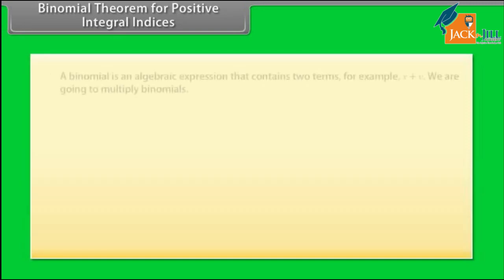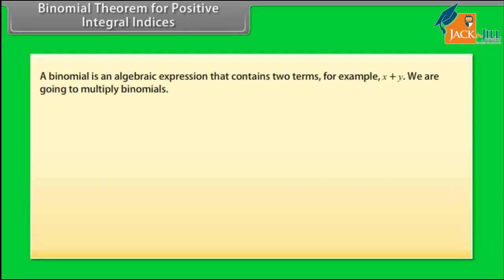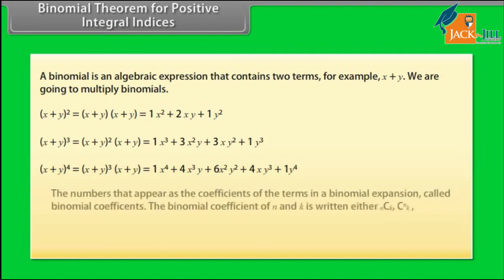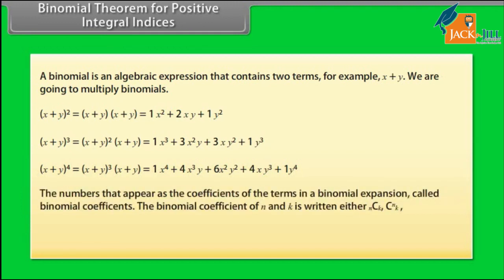Binomial theorem for positive integral indices. A binomial is an algebraic expression that contains two terms, for example, x + y. We are going to multiply binomials. The numbers that appear as the coefficients of the terms in a binomial expansion are called binomial coefficients. The binomial coefficient of n and k is written either as